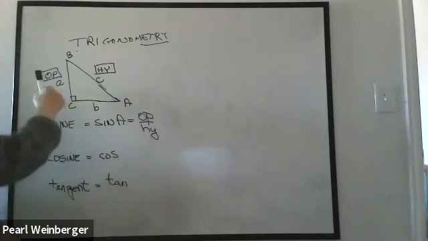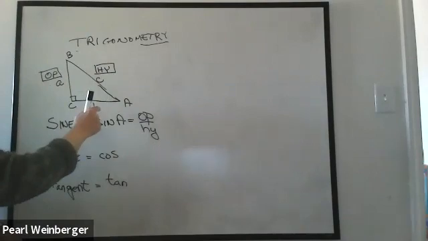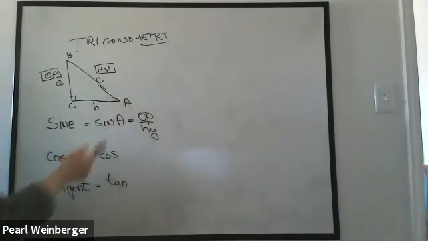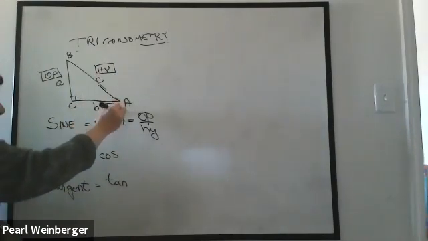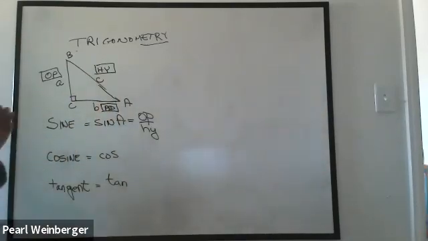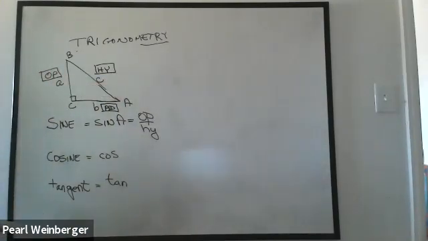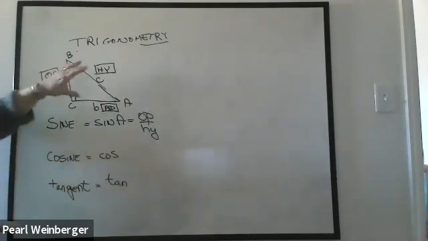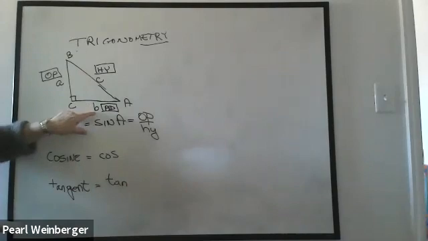A and B are what we call the legs of the triangle. A is the opposite leg. B is the leg that's next to. The term that's used there is adjacent. Adjacent means next to. Now notice both the C and the B are adjacent to angle A. They're both connected to angle A. Side A is not connected to angle A. It's across from it. But C is the hypotenuse, and B is called the adjacent one because it's the leg